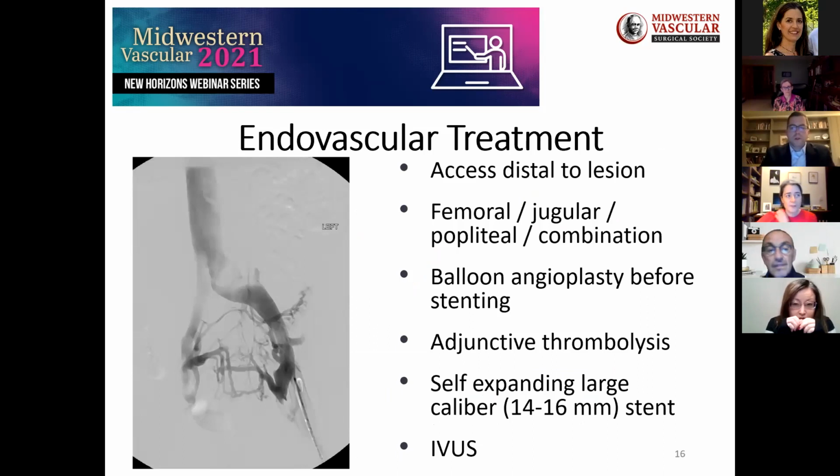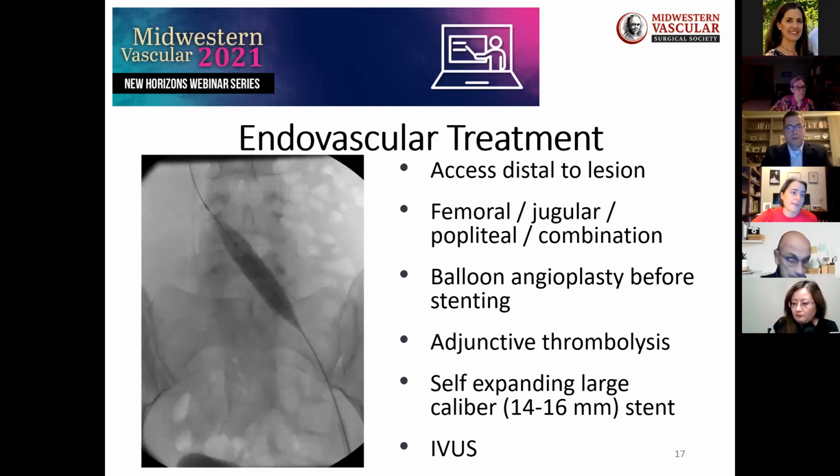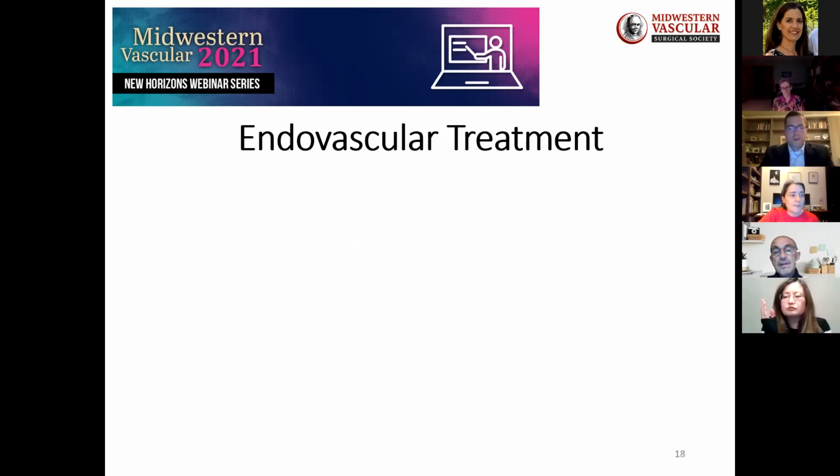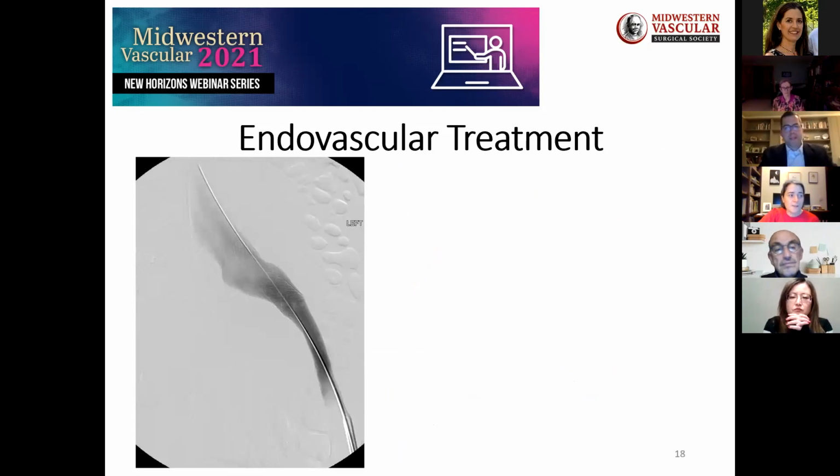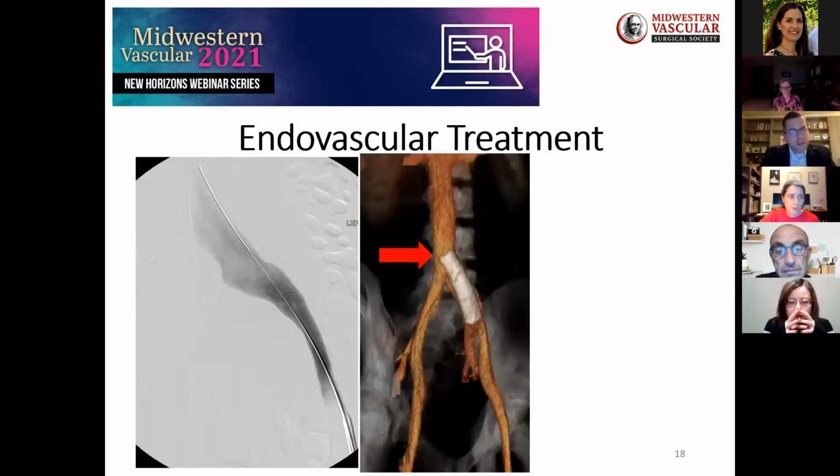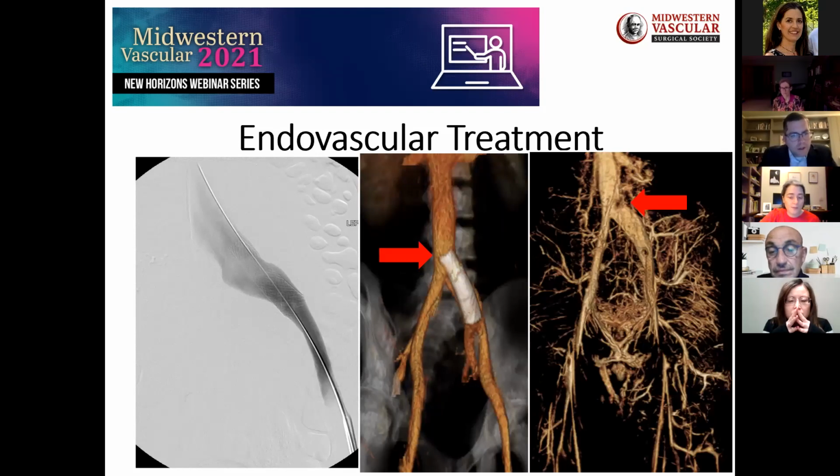So endovascular treatment, I'll try to touch on this really quickly because we are running out of time. We gain access distal to the lesion. This can be done through femoral, jugular, or popliteal, or a combination of these access sites. Balloon angioplasty is then performed before stenting, and sometimes you do need adjunctive thrombolysis, which was previously talked about. And then placement of a self-expanding large stent,